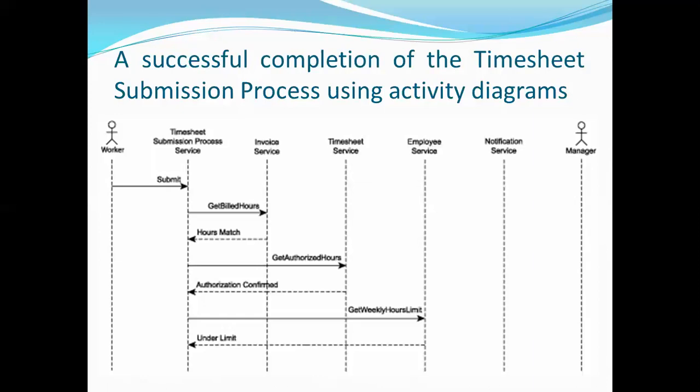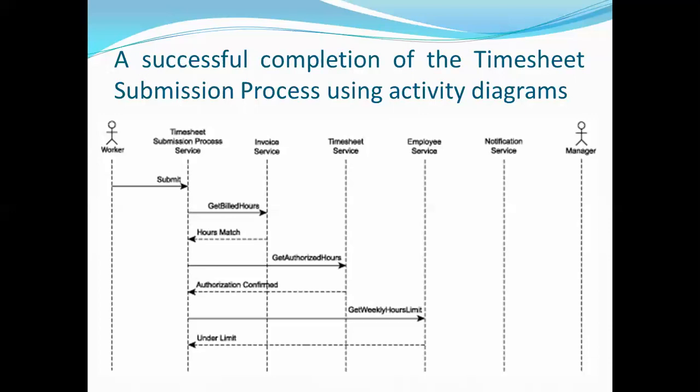After the flowchart, the next diagram used in service-oriented architecture is the activity diagram. With the help of the activity diagram, we are explaining the mapping of the entity services, how these entities and services are mapped. The successful completion of the timesheet submission process flow starts from the worker and ends with the manager. Here the worker submits the timesheet